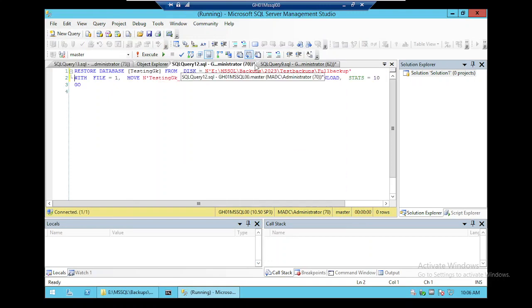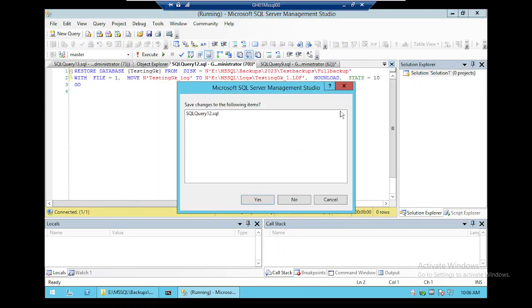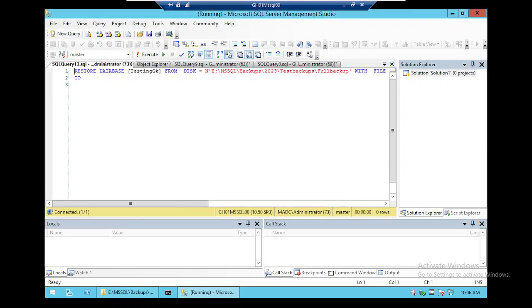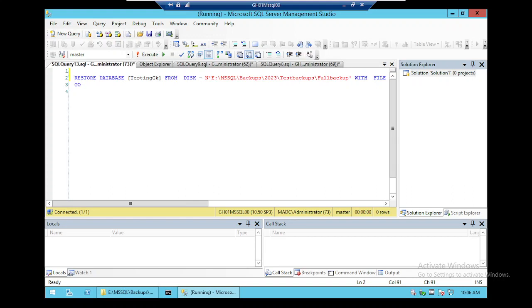We'll remove this one because that was not required now. You see, this is the thing you need to add here. No recovery, so that your database is in no recovery mode. It is available online, but it is not available for connections. Okay, so this is with